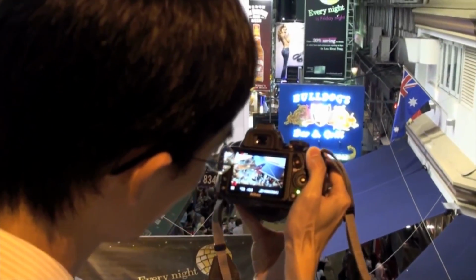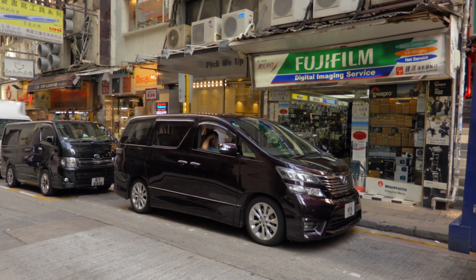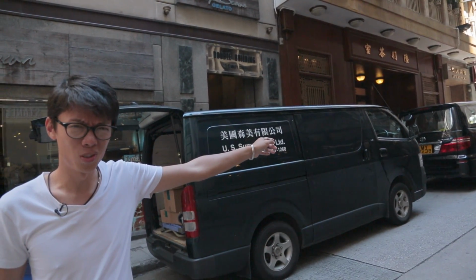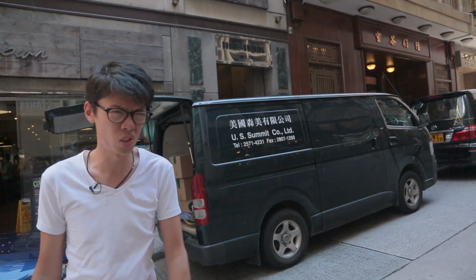Do walk along Stanley Street however, where you will see a row of shops selling old cameras and stuff, and a tea house where a businessman got assassinated while eating his breakfast in 2002. Google it, I'm not going to tell you. Well, I'll tell you then. Some guy got shot there, assassinated because he...